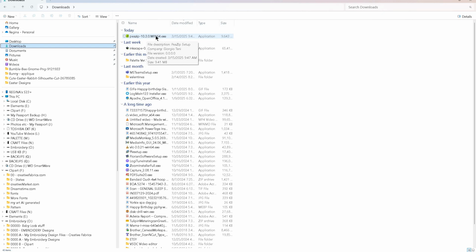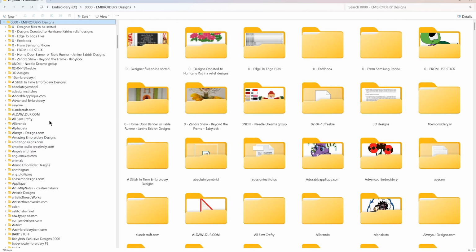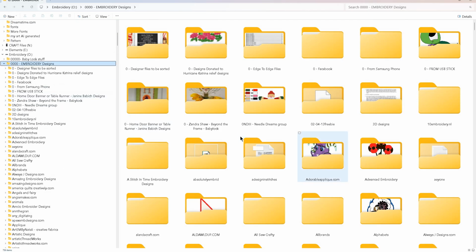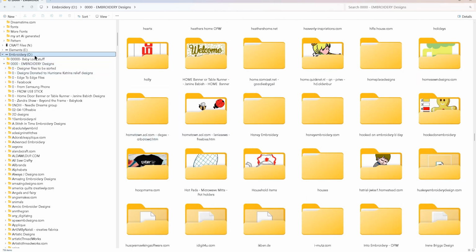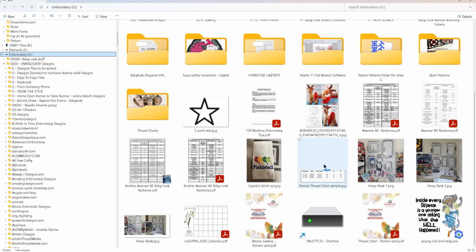Once that's installed, then you can go and download your files. And when you download your files, let me go to Embroidery Designs. Okay, so I've been collecting designs for a really long time. Let's say I've downloaded a file, and we're going to pretend this is your hard drive. I have multiple hard drives, and let's say,